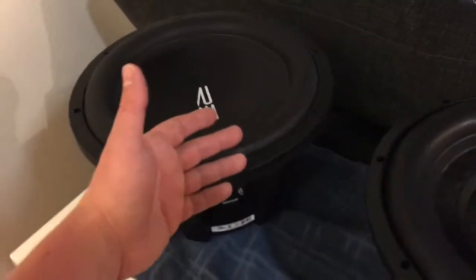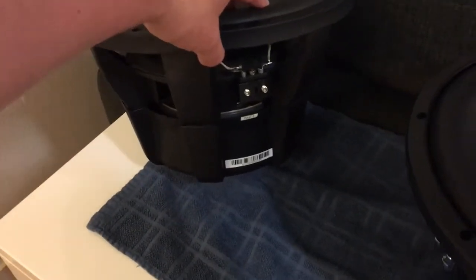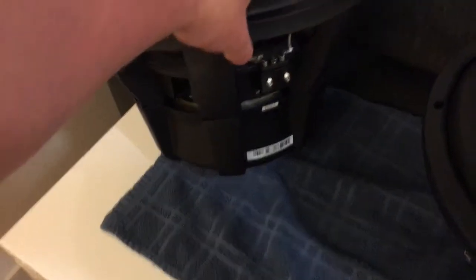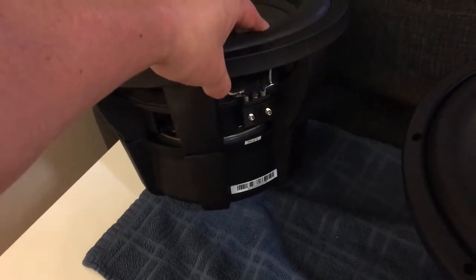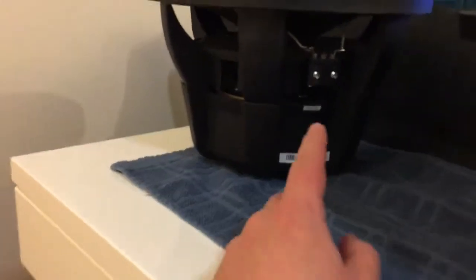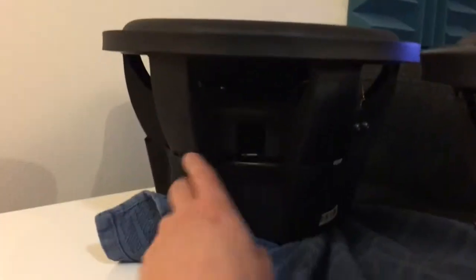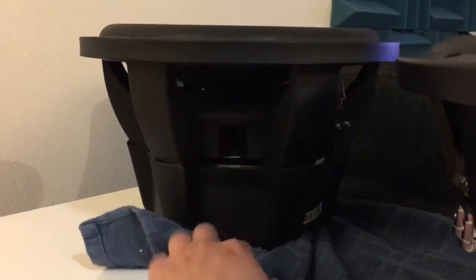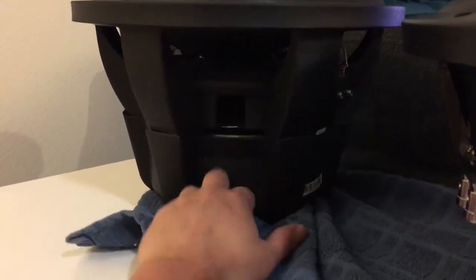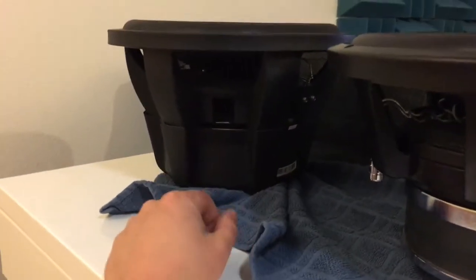And I'm really happy that at least on the newer versions of these, they took off this stupid cover, which, I don't think it's stupid. I mean, it really goes with the basket. I see the design intent. I'm a designer myself. I see the intent, but it would have been really nice if, just like how this basket has openings, maybe this plastic boot or cover had openings so you could see the magnet, and it's not